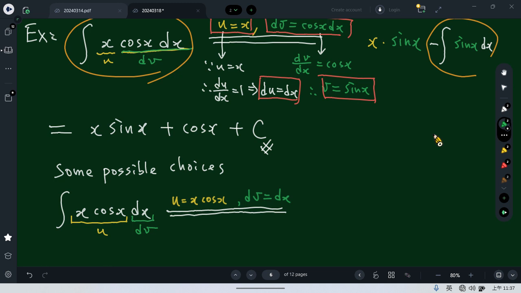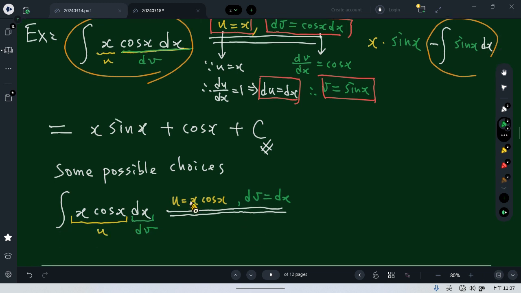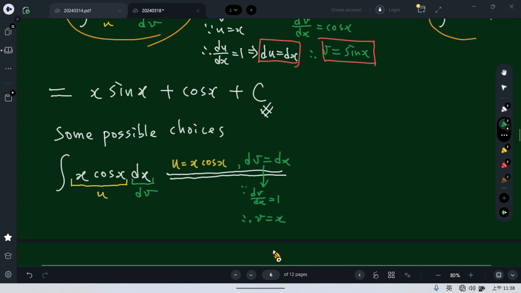So again, 4 elements. Right now I have 2 elements, but I need to use these 2 ones as the clue. Then we can get the du for this, and we need to get v for v part. For this part, it's quite happy, right? Because dv over dx is 1, so that v is equal to x. This is a happy ending for v part. But this part will cause some big problem,